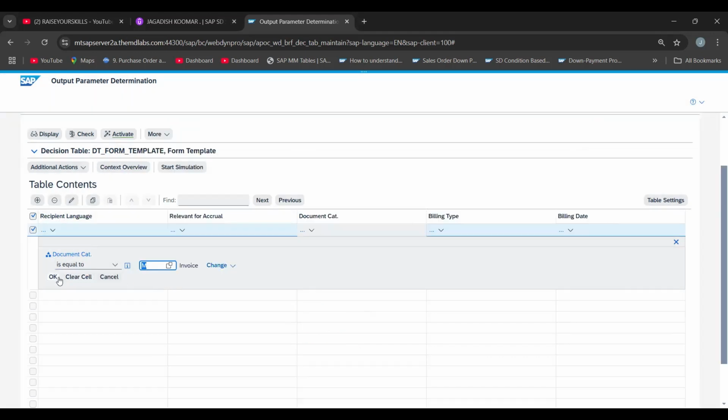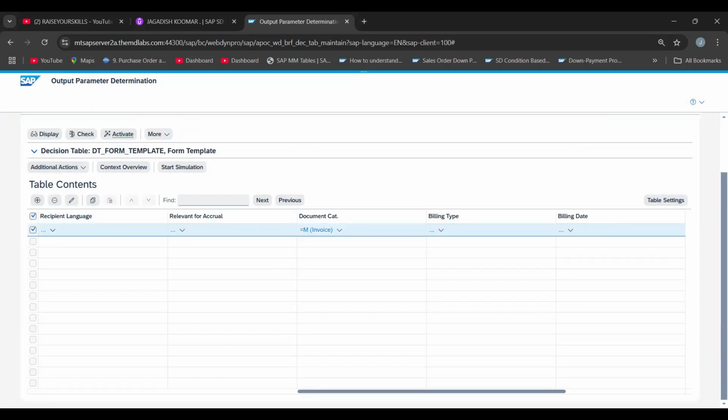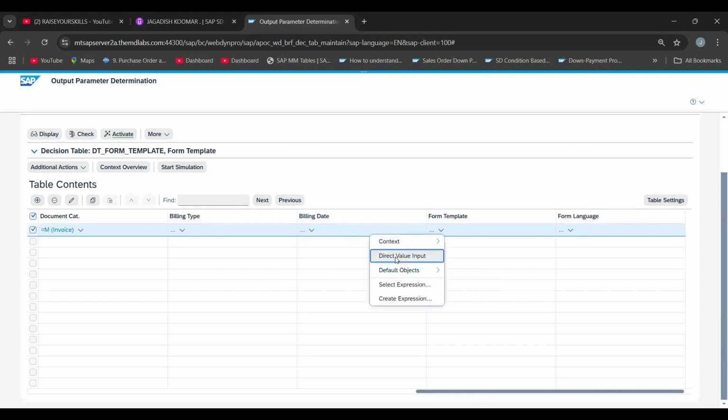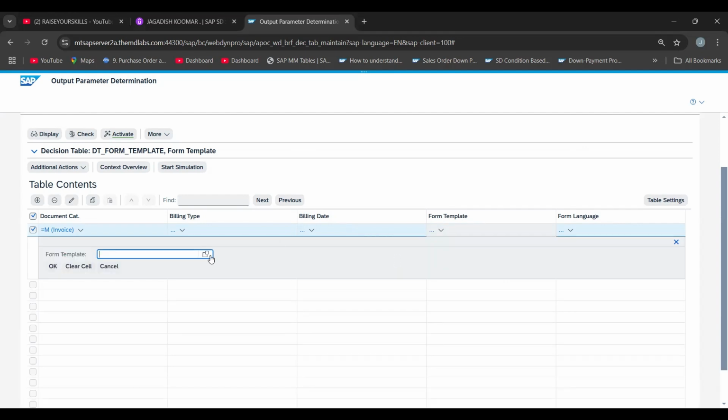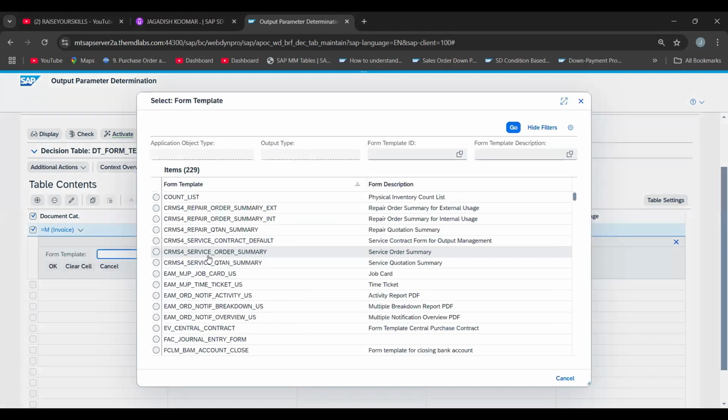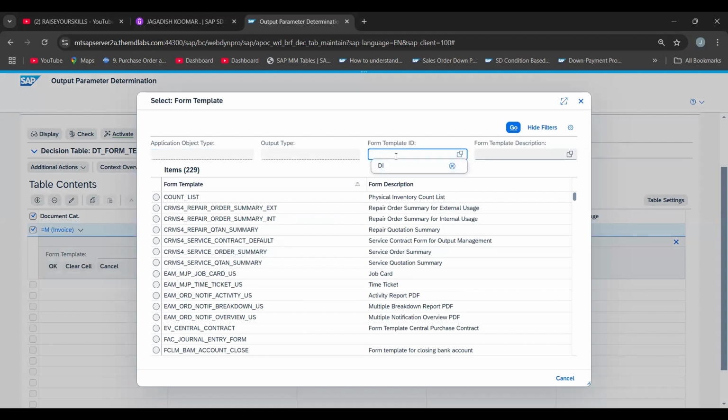M for all invoices, all document types. So this is important. This SD will